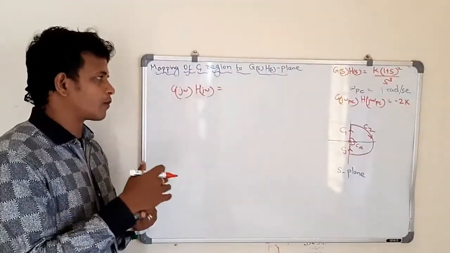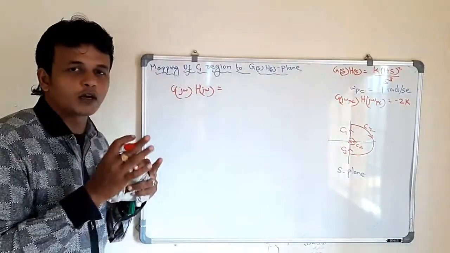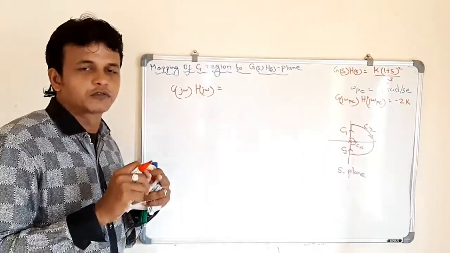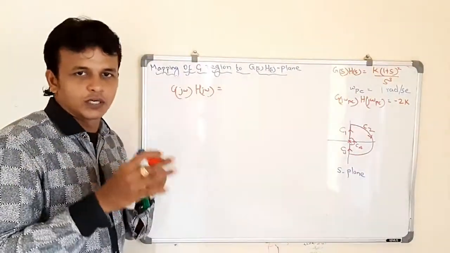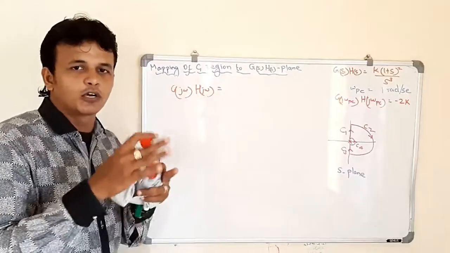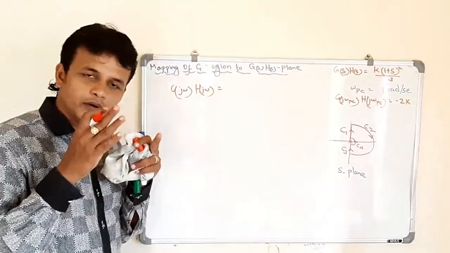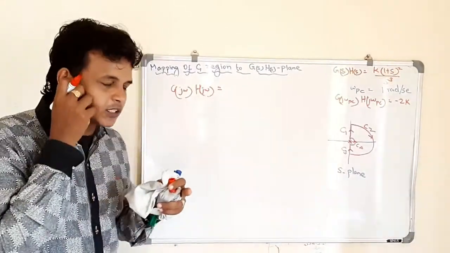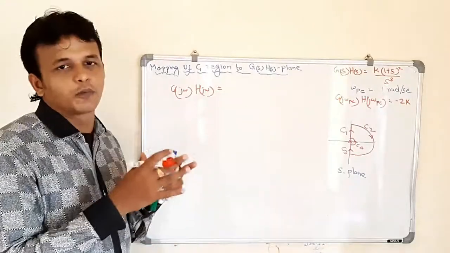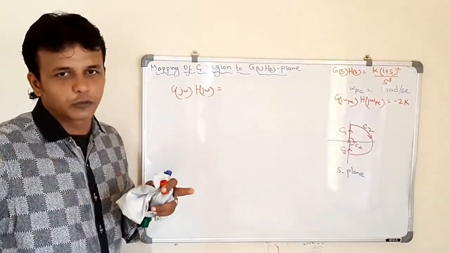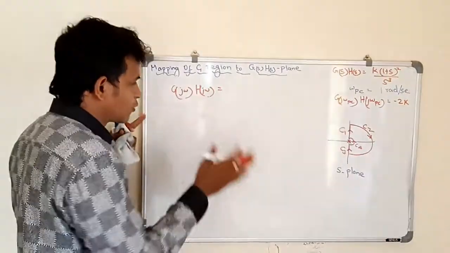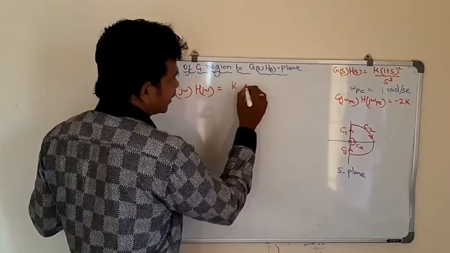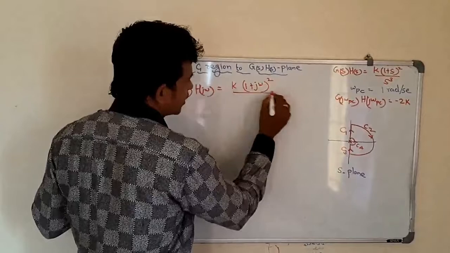The same thing we are going to do here, but we are not going to take omega from 0 to infinity; we are taking only two values of omega. One is omega equal to 0, another is omega equal to infinity. For omega equal to 0, we find the magnitude and phase, and for omega equal to infinity, again we find the magnitude and phase. With the knowledge that we have of the polar plot, we are going to plot it using these two values. So that is what we are going to do now. G of j omega into h of j omega equals k into 1 plus j omega the whole square divided by j omega the whole cube.